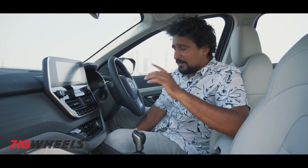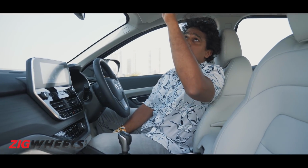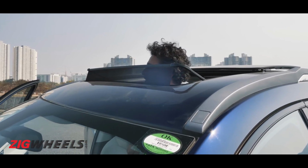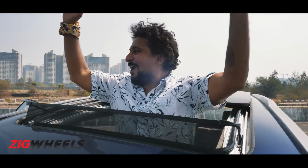And of course, the thing that's crowning off this experience is the gigantic panoramic sunroof. The sunroof is massive, which means you might be tempted to